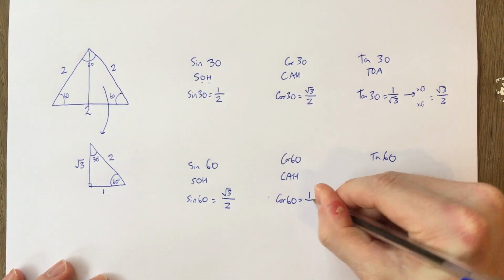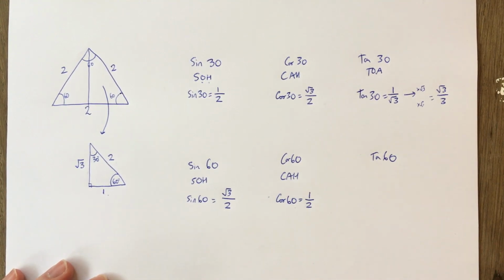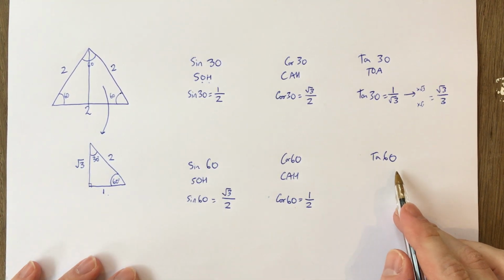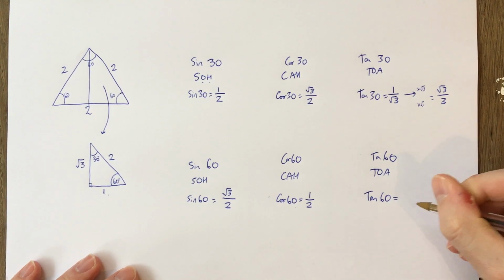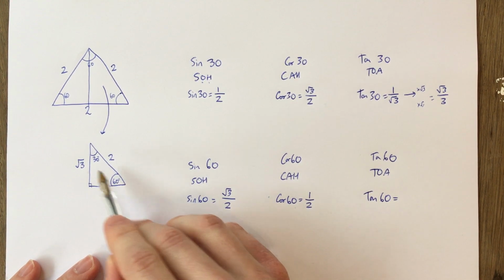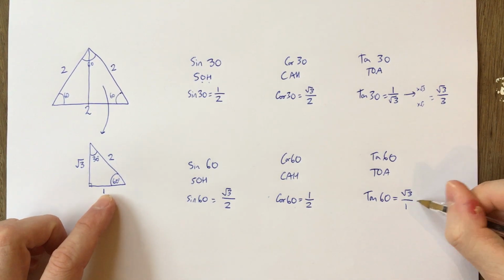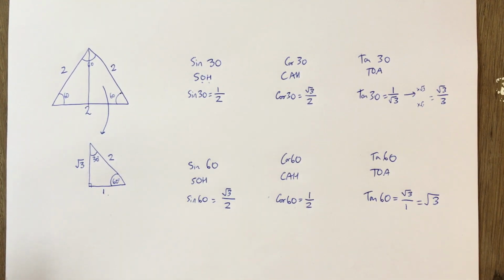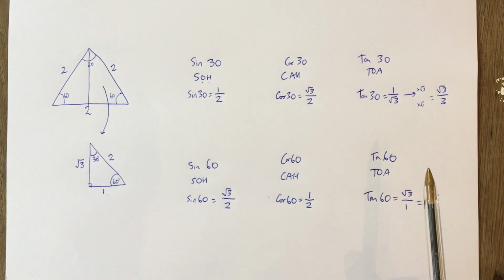So it's going to be 1 over hypotenuse, which is 2. So cos 60 is the same as a half. All right, sin 30 is the same as a half, cos 60 is the same as a half. And then lastly, tan 60, TOA. So tan 60 equals opposite divided by adjacent. So root 3 over adjacent, which is 1, and that's just the same as saying root 3, because anything divided by 1 is just what it is. Okay, so that there is how you find sin 30, cos 30, tan 30, sin 60, cos 60, tan 60,